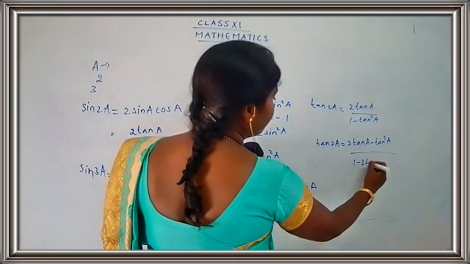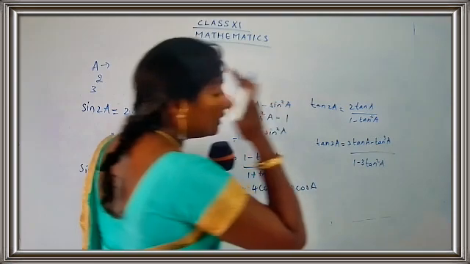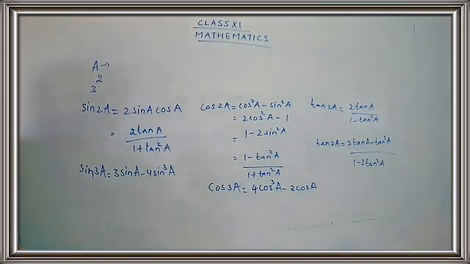So you have to remember the formulas for triple angle also. Sine 3a is 3 sine a minus 4 sine cube a. Cos 3a is 4 cos cube a minus 3 cos a. And tan 3a is 3 tan a minus tan cube a upon 1 minus 3 tan square a. So we have just seen some of the formulas in our previous classes,